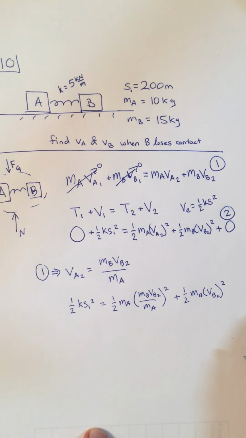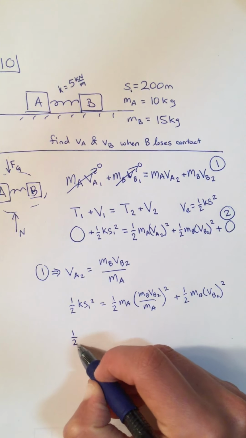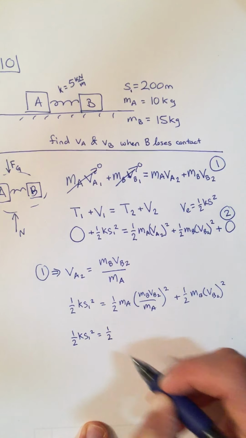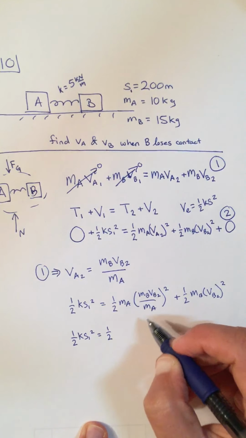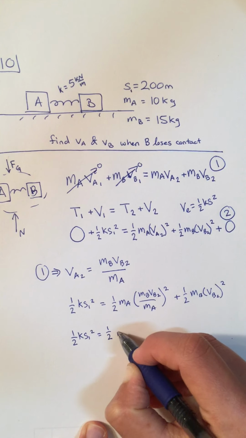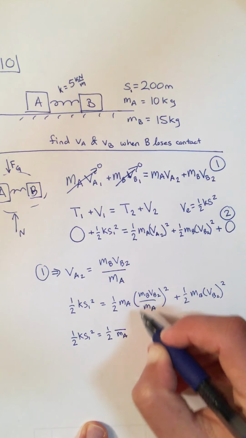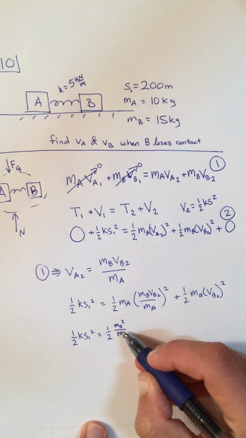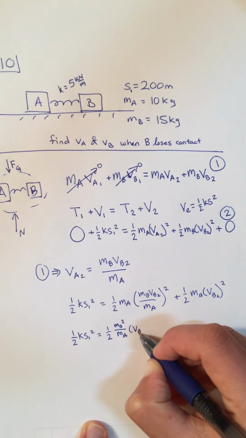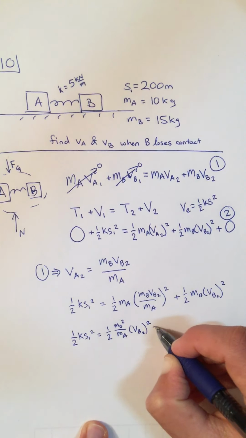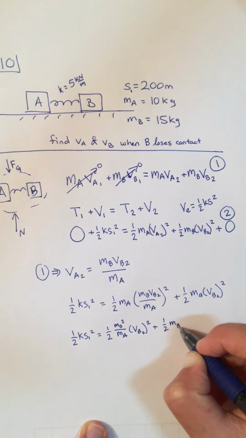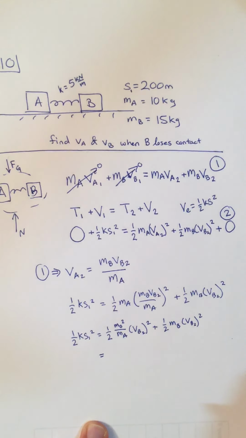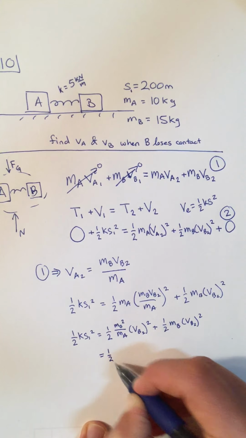And let's simplify this a little bit more before we put some numbers in. So this is 1/2 k s1 squared, and 1/2 MA over MA squared would leave us with an MA in the denominator and an MB squared in the numerator. Then we have a VB2 squared here plus 1/2 MB VB2 squared, and the right hand side can be written as 1/2